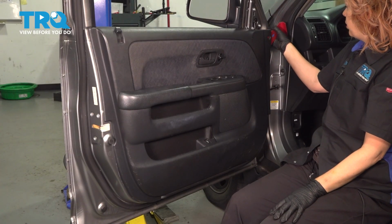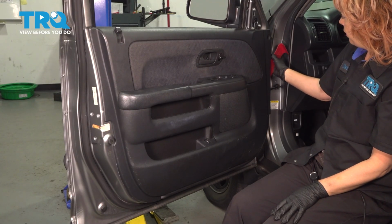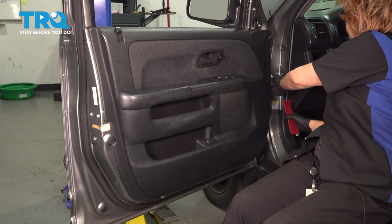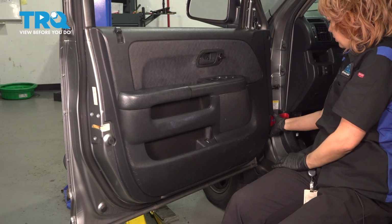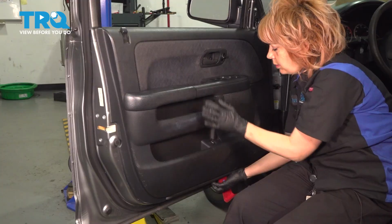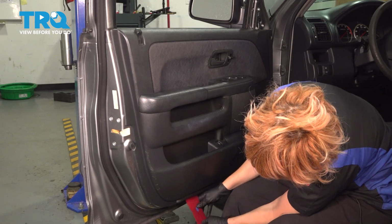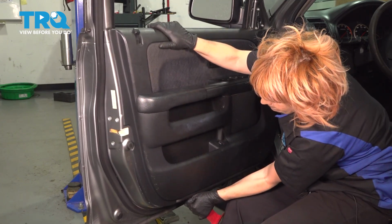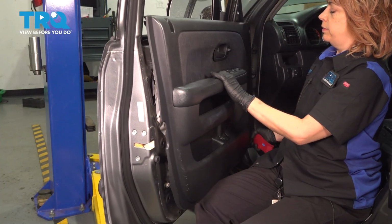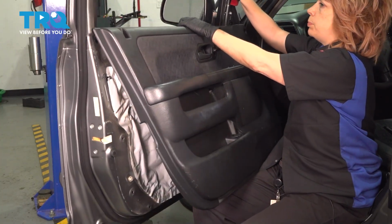Next, we're going to use a trim tool, and we are going to slide it down and release the plastic pins in the back. And follow along. Now we're going to push up. And we should be able to take the door panel off